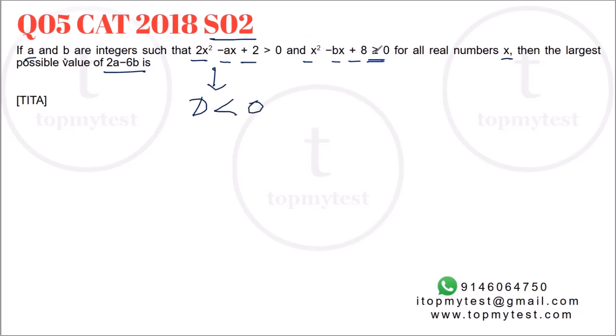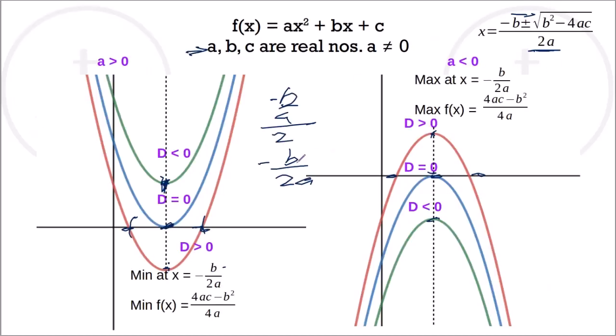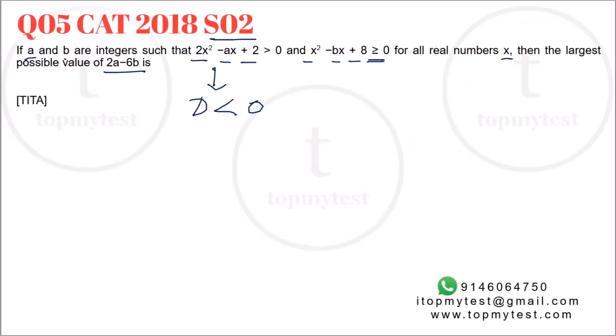The second one is this value has to be greater than or equal to 0. Again, if you look at the curve, it will be greater than or equal to 0 when the discriminant can be 0, is less than 0 or equal to 0. If the discriminant is greater than 0, then it will touch the x-axis in 2 points, right? So you cannot say that the value of the curve is non-negative always, right? This one tells you that the value of this expression is non-negative always. That will happen only when discriminant is less than or equal to 0. So that basically takes care of what we need to do.